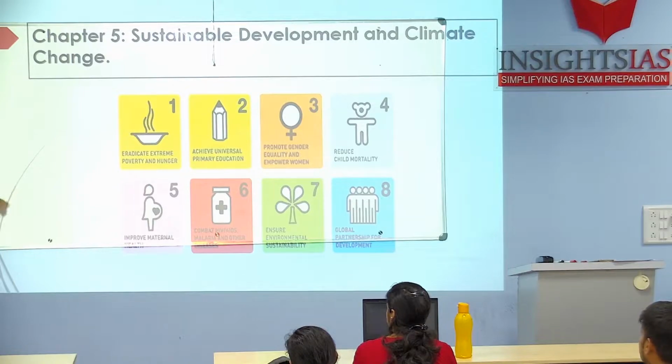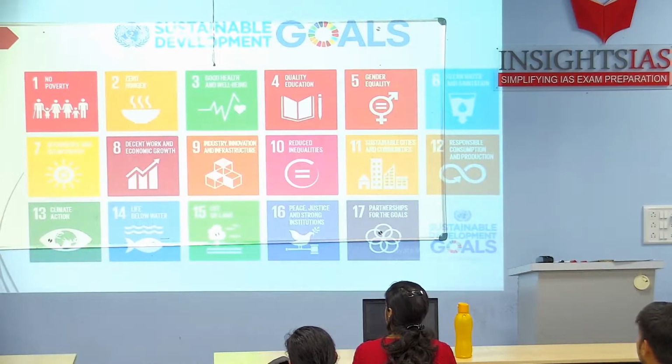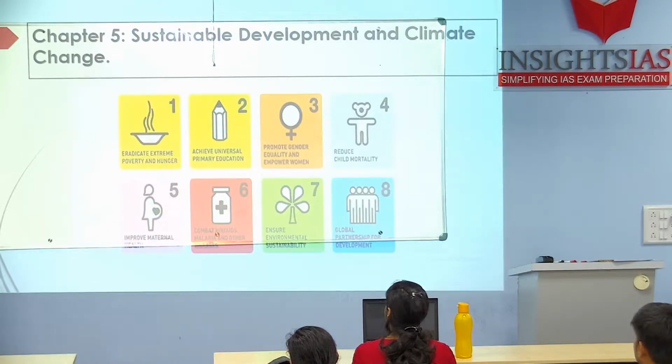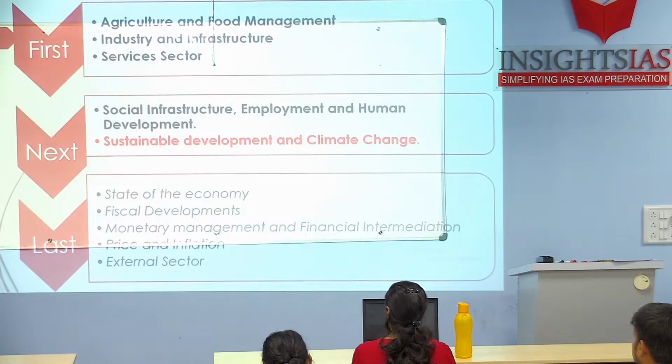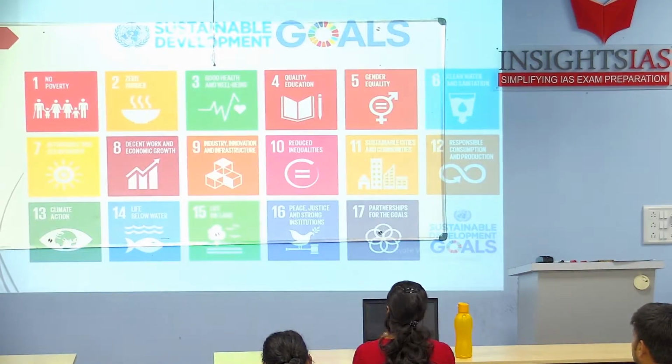So when in 2015 we were crossing the deadline, we came with the concept of SDG goals. How many goals are there? Now observe the first and second. What is first? Second is, what was here? What they have done is they have taken it, segregated it, and they want to go with a more focused approach. Okay. So the idea is,